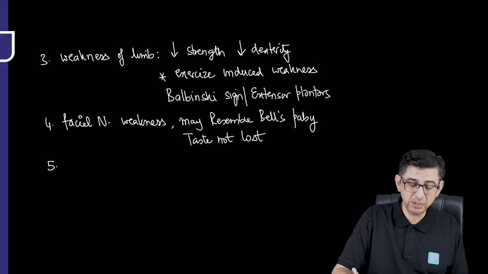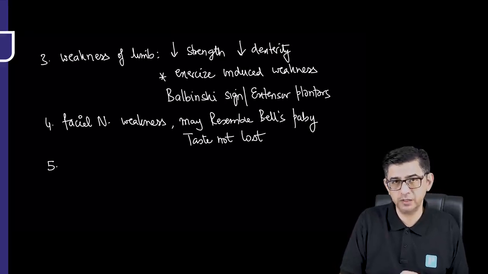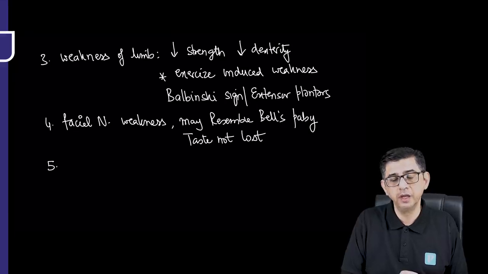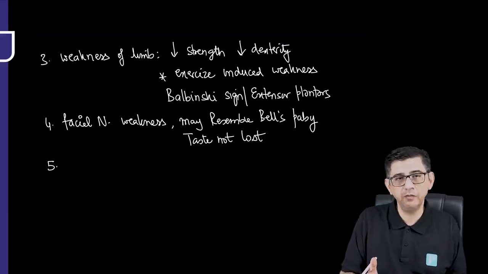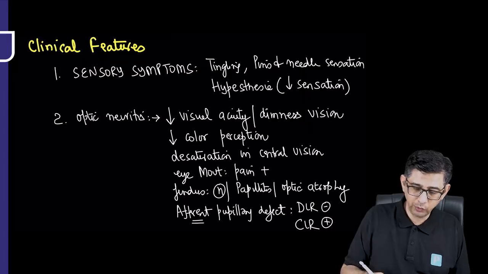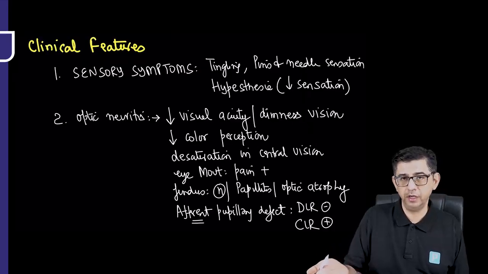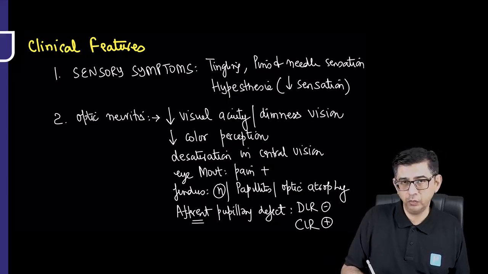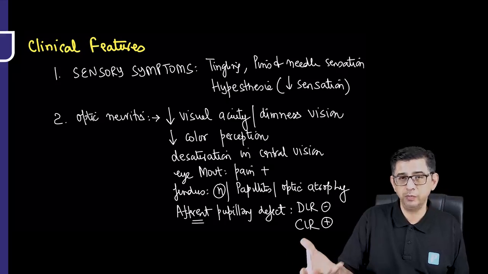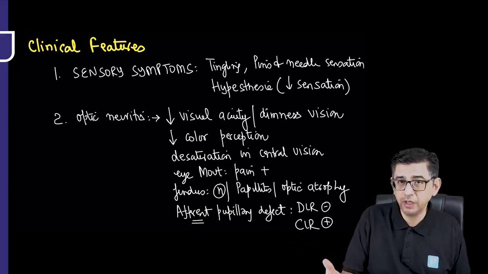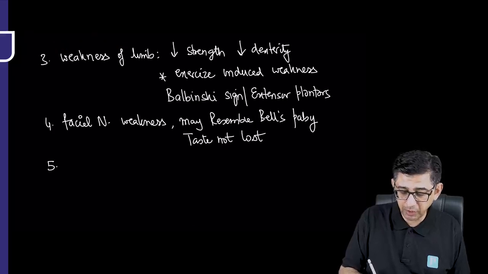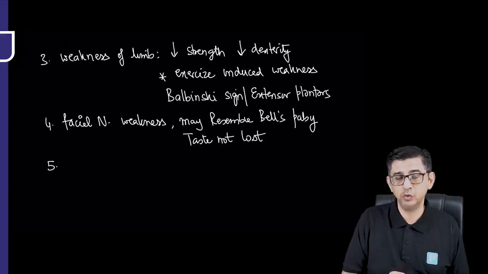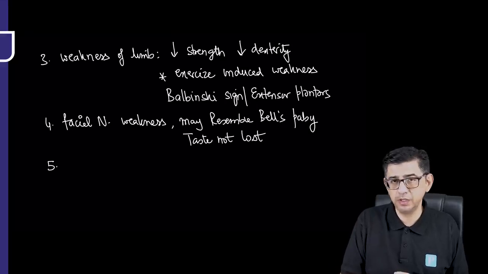The reason why the facial nerve is getting involved in this condition is due to the plaques. So that's why the manifestations are coming. Plaques are developing everywhere in the brain. If I go back, you see white matter areas are the ones which are getting involved in these patients. So the optic nerve is getting involved, the corticospinal tract is getting involved. Then there were sensory symptoms because plaques are developing with respect to the sensory and somatosensory areas in the brain. Cranial nerves can get involved in these patients, though even bulbar palsy and pseudobulbar palsy can be demonstrated in these patients as well due to development of plaques,